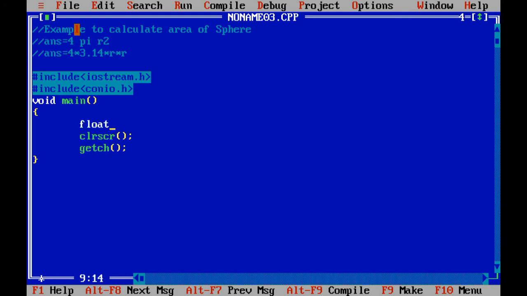Float data type. Answer is my output variable, r is my input variable, and I need to input only a single value, that is enter value for r.